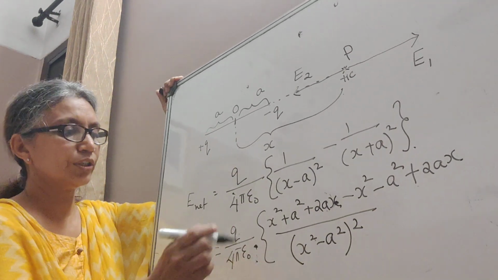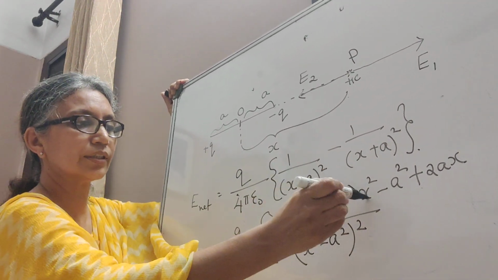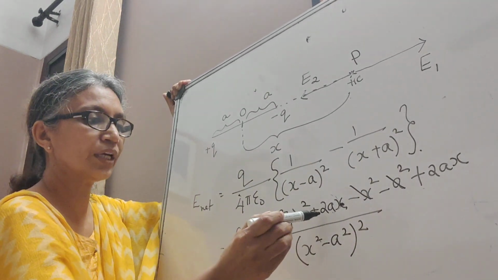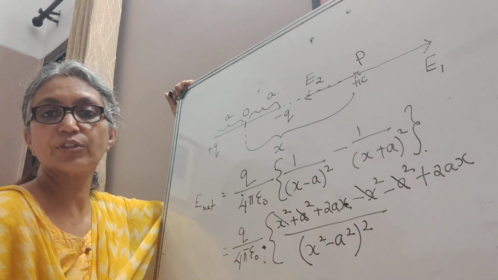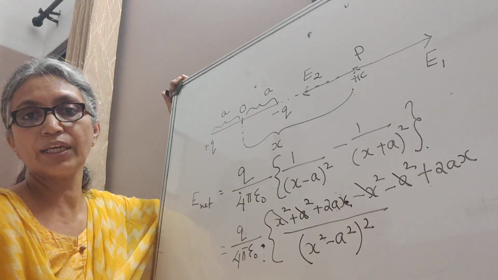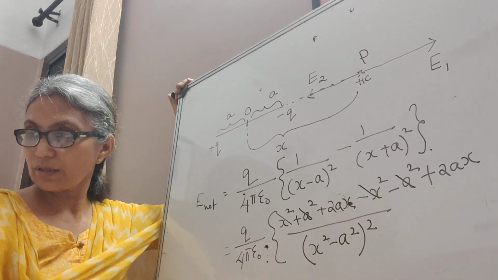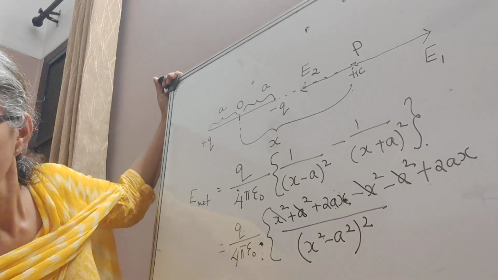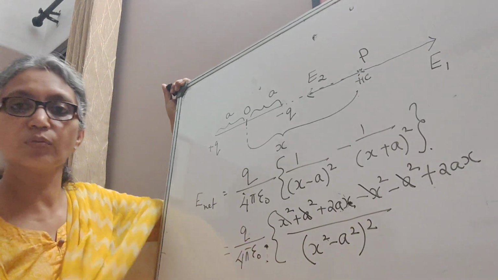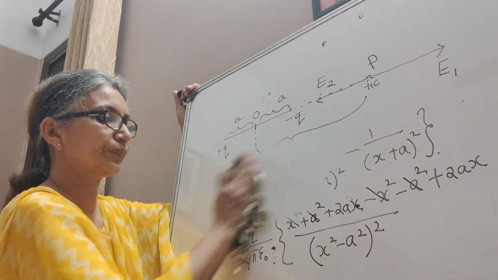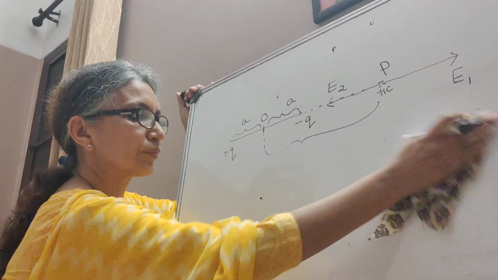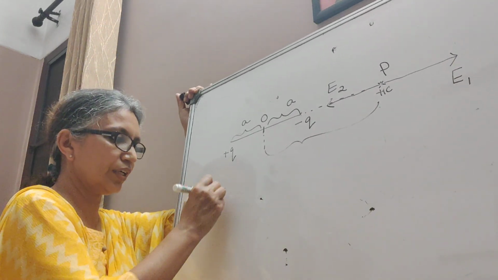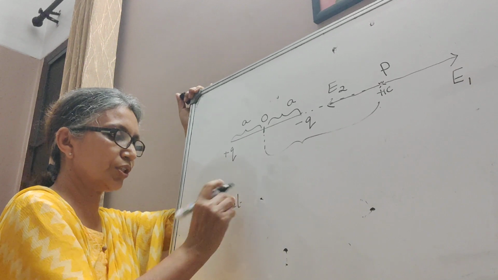2ax, in which this x square and this will get cancelled, a square and a square will get cancelled, but we have a 2ax here and a 2ax which will add up to give you 4ax. Please look into your notebook, you will find that there. So the next thing we'll do is, so after cutting off that x square and a square, what we have is E net, which I will call